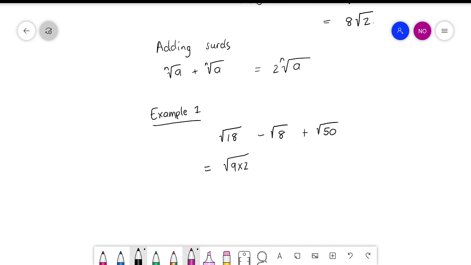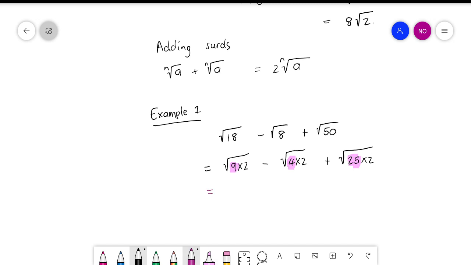Stem julle saam? Okay? Kom ons kyk na 8. Kan 'n volkome vierkant maal iets vir jou 8 gee? Smallest one we have is 4. Can 4 times something give you 8? Yes, 4 times 2, right? Okay? And for 50? Ooh, 25 times 2. So in elkeen van hierdie gevalle kan ek daai ene eintlik onder die vierkantswortel gaan uithaal en ek kan sê